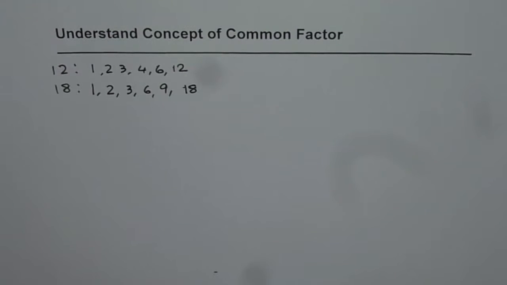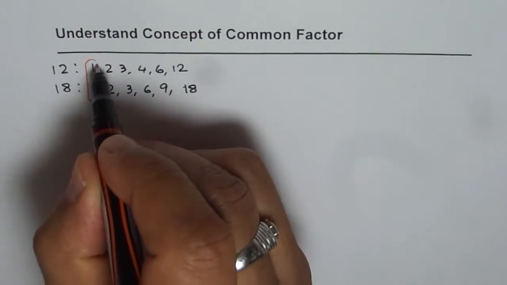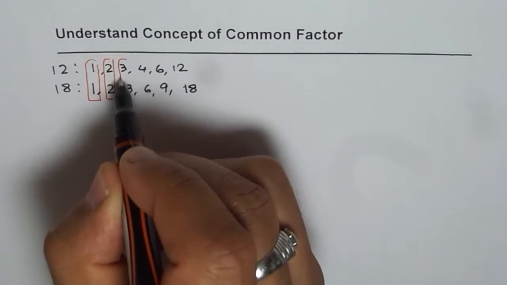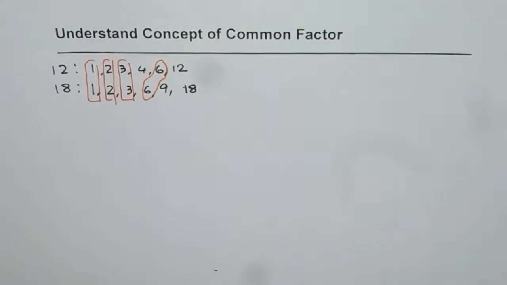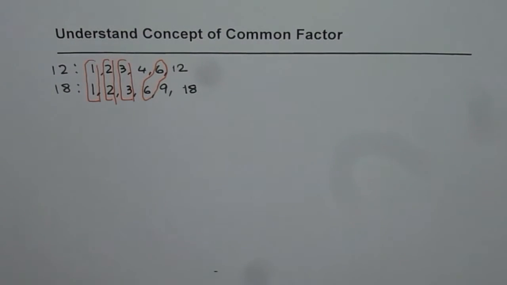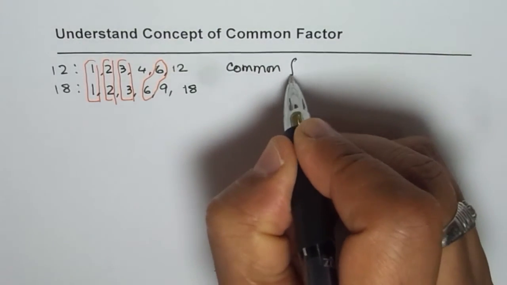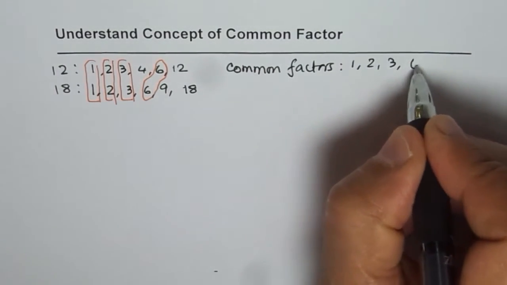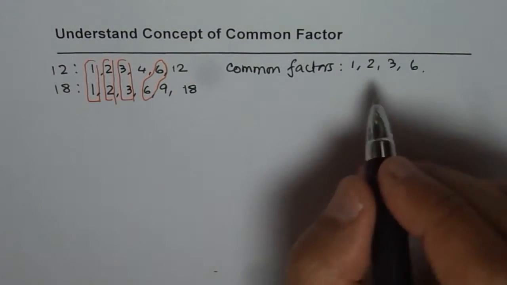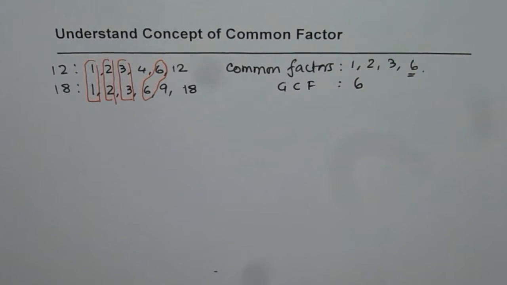So if we want to find out the common factors of 12 and 18, what do we do? We just see what are common factors, right? So we say, well, 1 is a common factor, 2 is a common factor, 3 is a common factor, correct? And then we see, well, 6 is also a common factor. So all this we learned in our junior classes. So we say the common factors are 1, 2, 3 and 6, right? So this is what we know already. And then we say the greatest common factor is of course 6, the greatest number amongst all these common